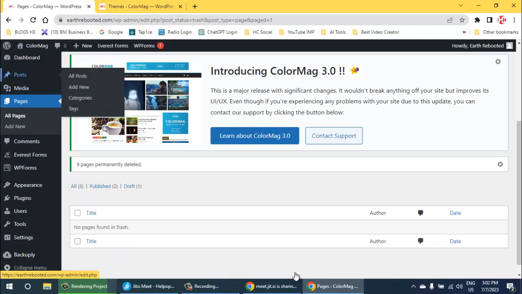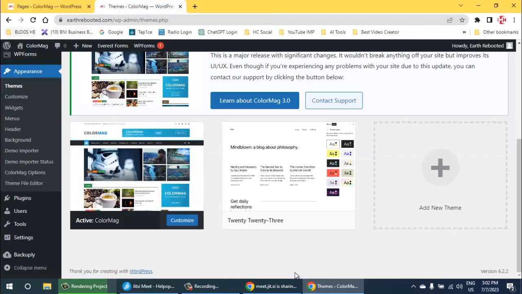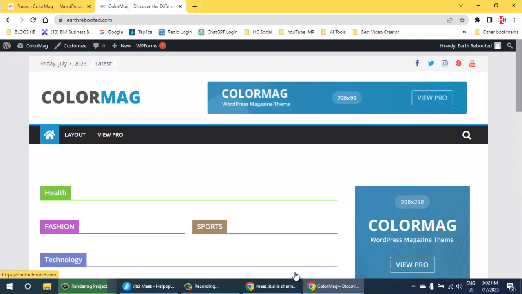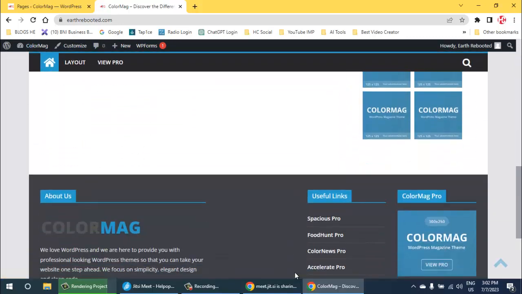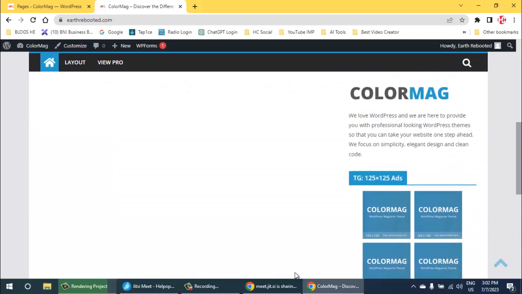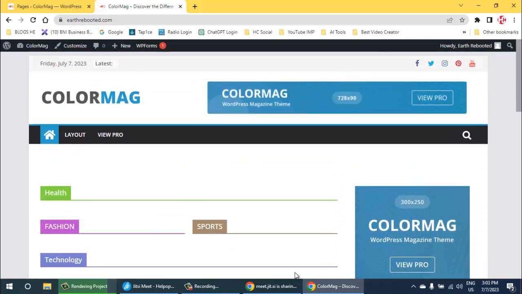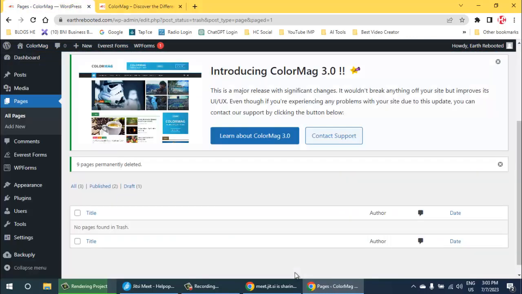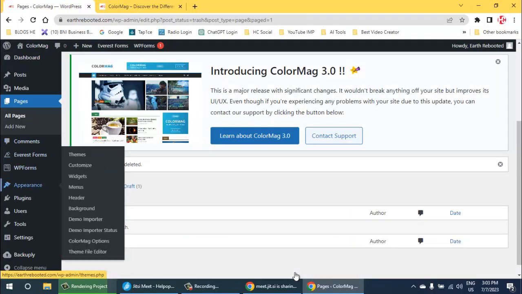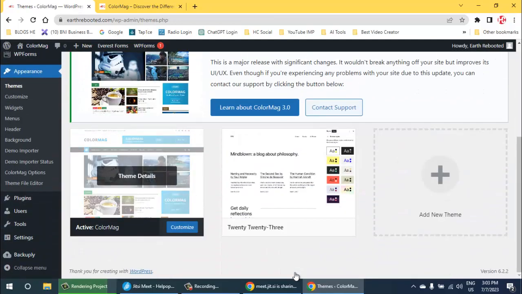The first thing is, let us refresh and see how our website looks. Okay, now you can see everything is removed, only the basic structure of the website is there, all the content is removed. Now we can customize this website. How to customize? I go to appearance and then click on customize, or if you are on the themes page, there also you have the customize option, so you can click this button also. And after that